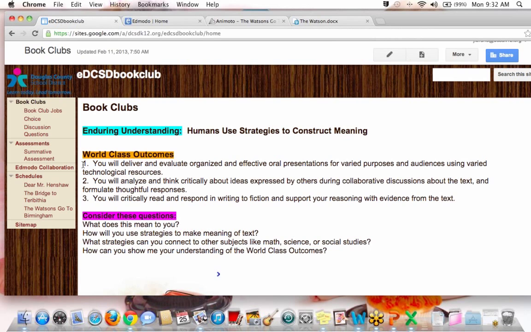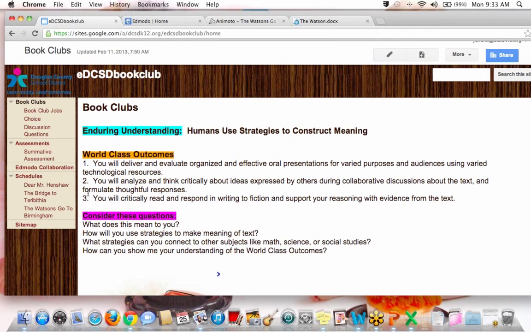And so let's just take a look at number one. Today we're really going to be demonstrating our understanding of these world-class outcomes. In number one, we're going to be presenting a creative representation of our text, the text that we read, and the greater theme of our novels. For our second world-class outcome, we've spent a lot of time this semester thinking critically about our classmates' ideas through several discussions. And today we're going to take it a step further and analyze the images and the music and the words chosen by our classmates as they present their presentations. And then we could also analyze how those fit into the story.